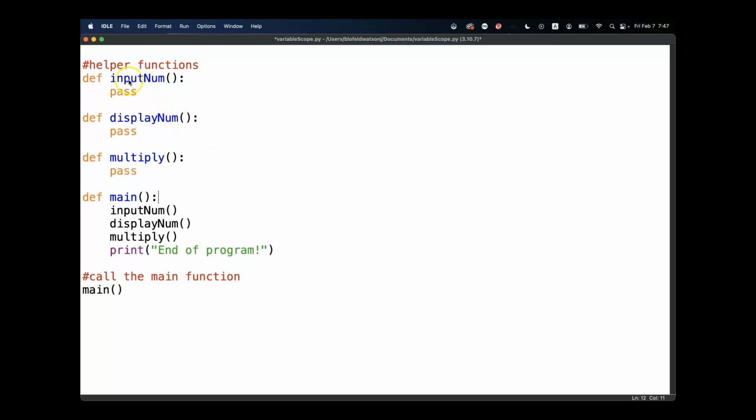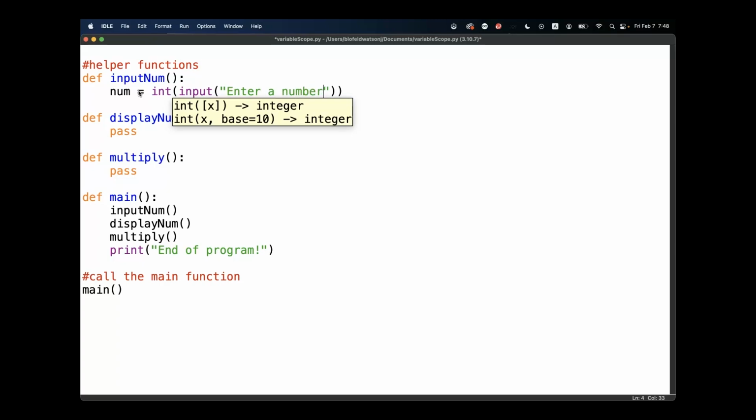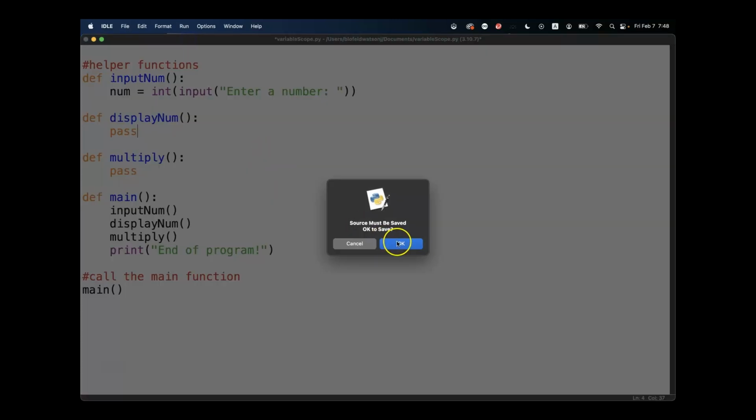Okay, so what we're going to do is design a function here called input num. We're going to create a variable and assign a number from the keyboard. Let's use the input function. Enter a number. Okay. Now let's quickly run this program and just make sure I haven't made any stupid syntax